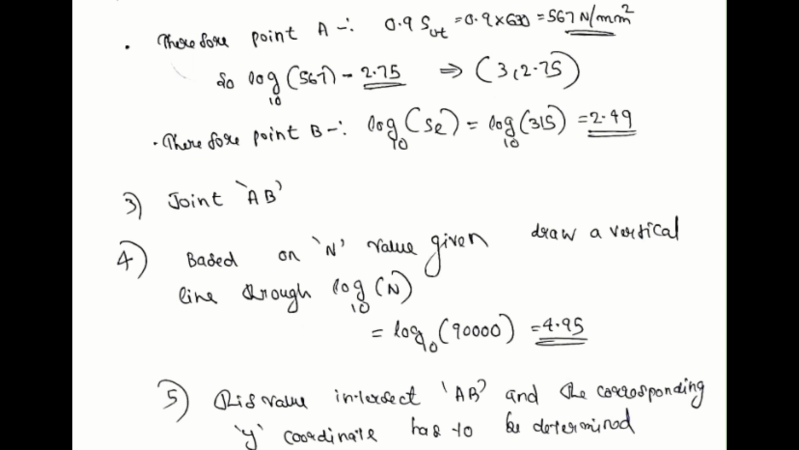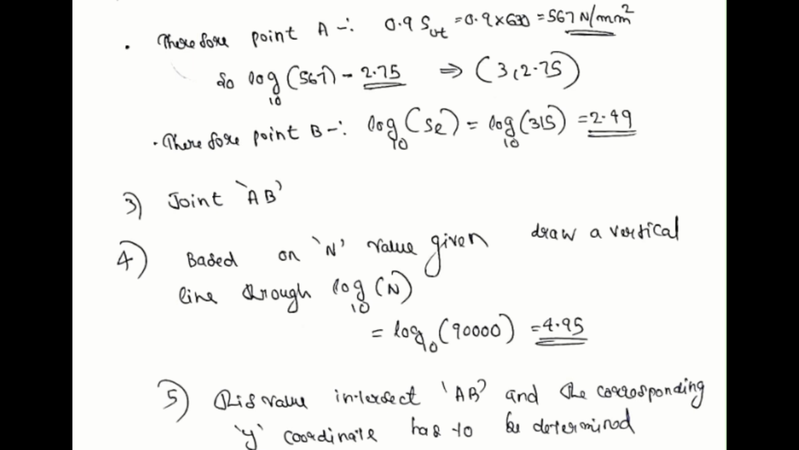In this question we are given 90,000 cycles. That's the number of cycles. So we have to determine log 10 raised to n, because in the x-axis it is log 10 n. We already have the value of n, which is 90,000. So log 10 of 90,000, you get the value of 4.945 in the x-axis, because the x-axis corresponds to the number of cycles. From that point, approximately 4.945, you have to draw a vertical line upward, and that vertical line